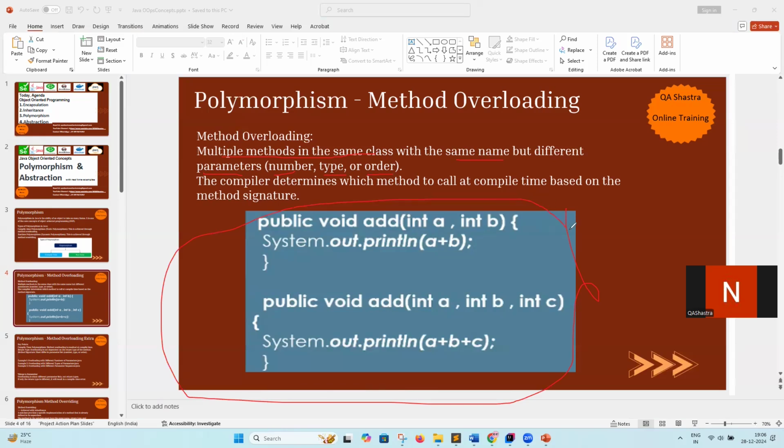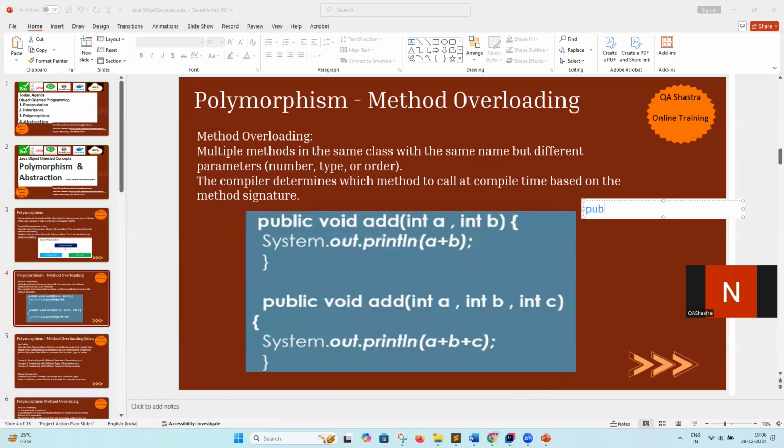But why do we use this? The usage is different implementations. What is a different implementation? Let me show you what implementation means in detail. So there is a method. Let me write a simple method here. public void